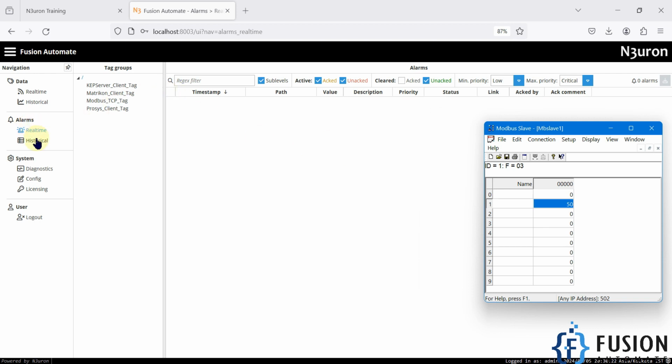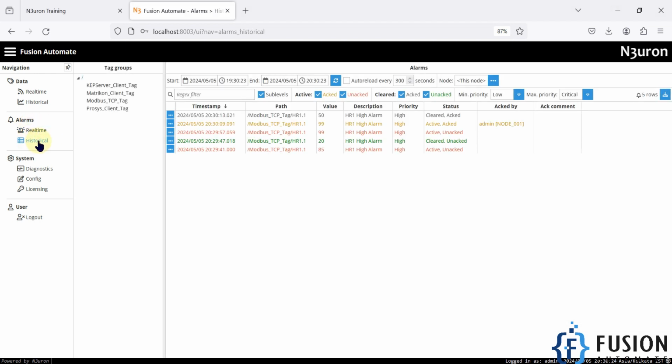So in the alarm section, you can see the historical. So you have to go to the historical and you can refresh it. So you can see previously we have 85 value. Okay, where we have generated the alarm, and then after it was cleared automatically without any acknowledgement, and then after